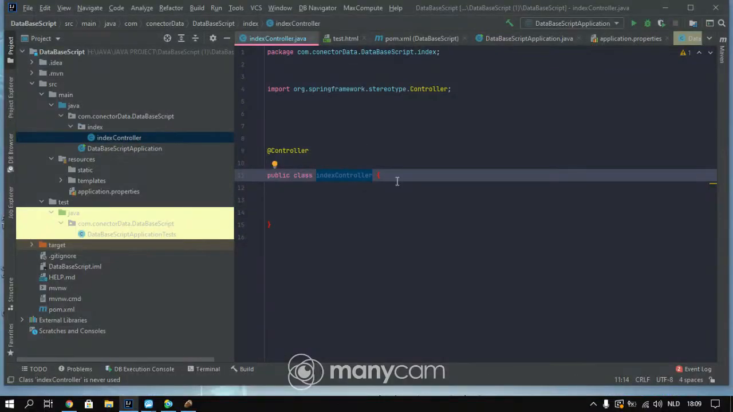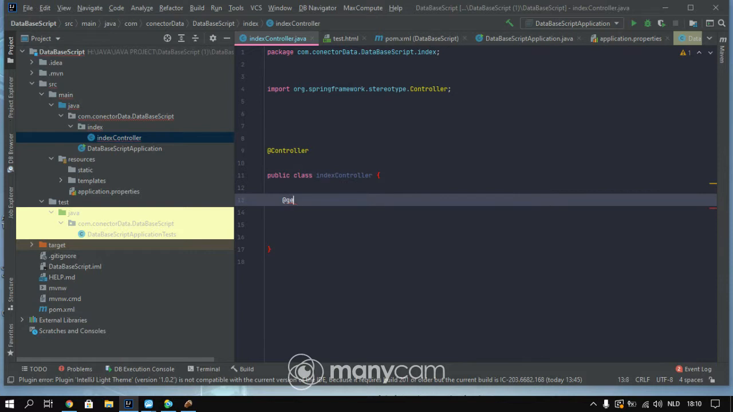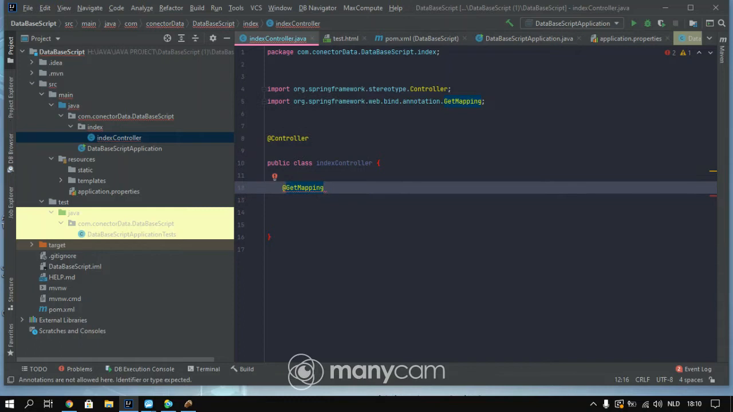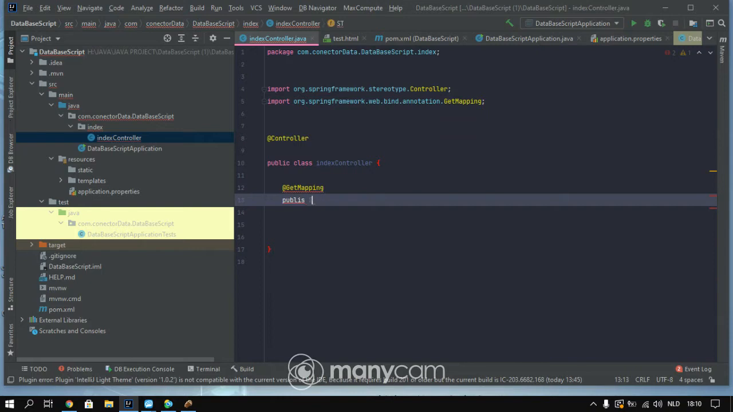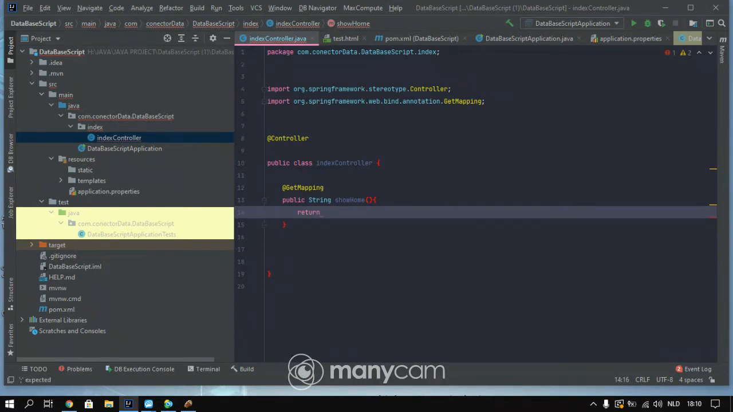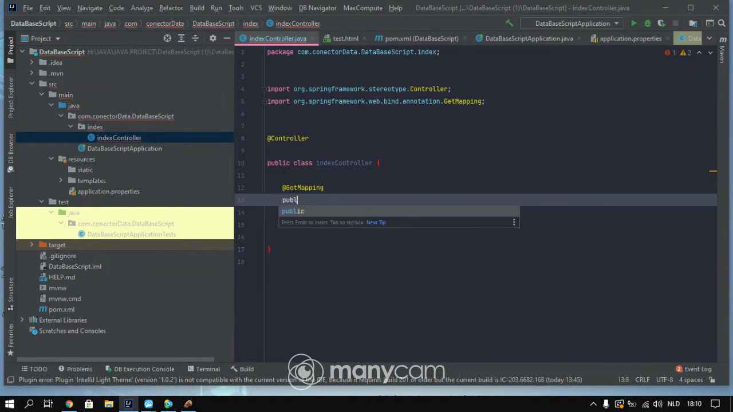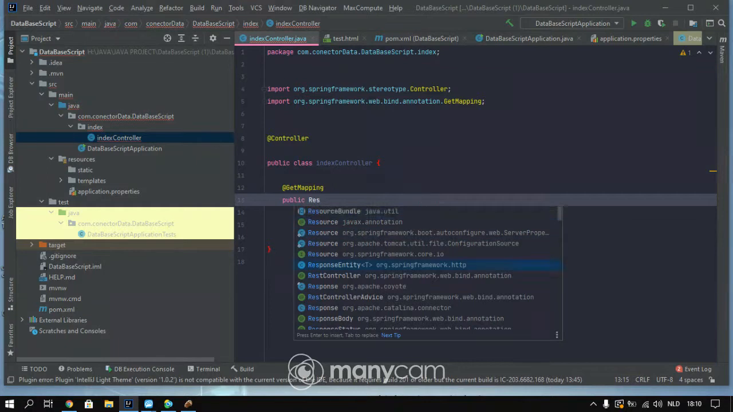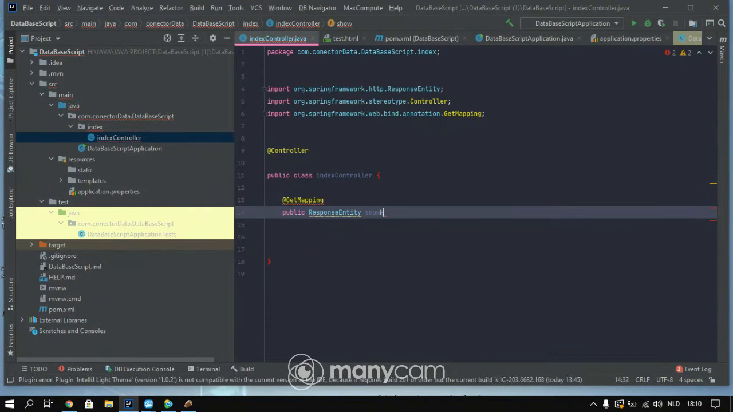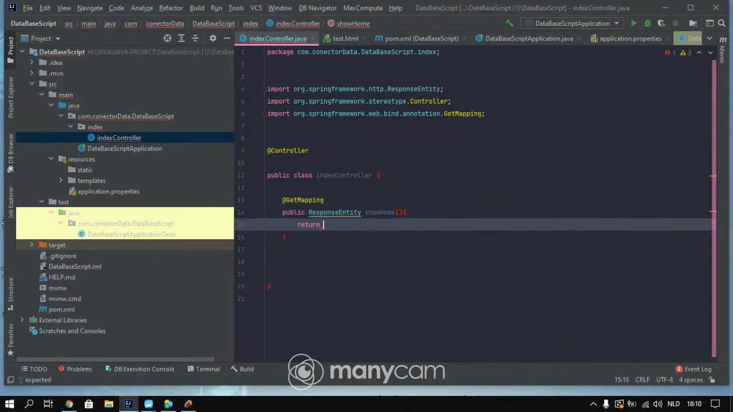As you see here, I have a simple, empty Spring Boot application. I'm going to make a get mapping. I'm going to make a public string to show home, and it's going to return... Let me see if I can also make something else. I'm going to do a public response entity, and I'm going to make it show home. It's going to return new